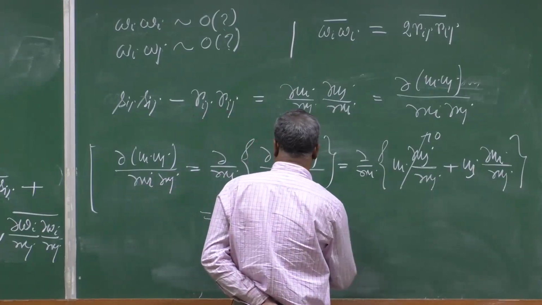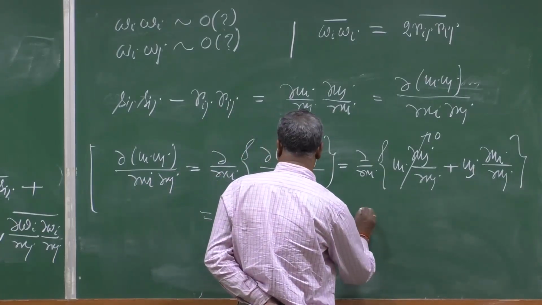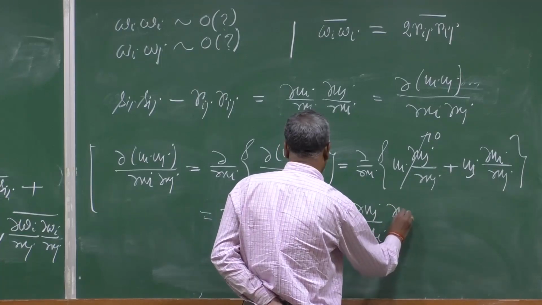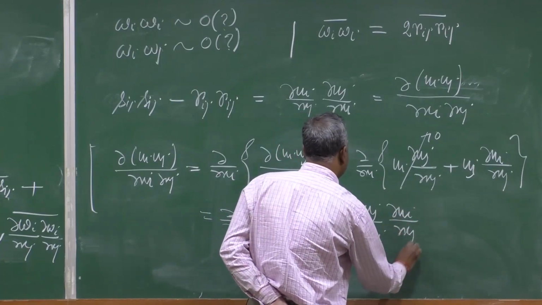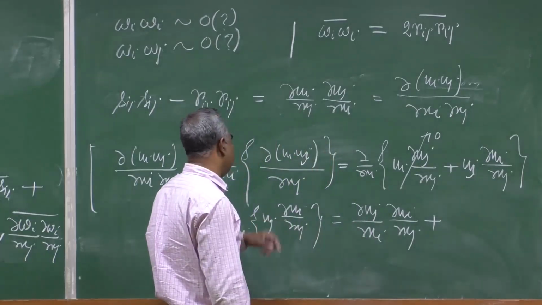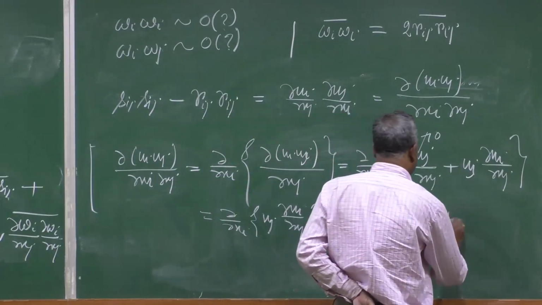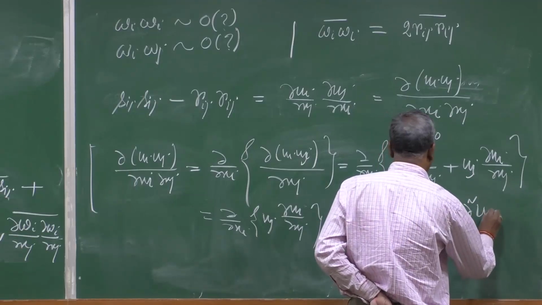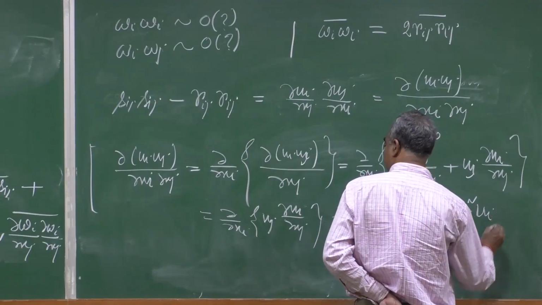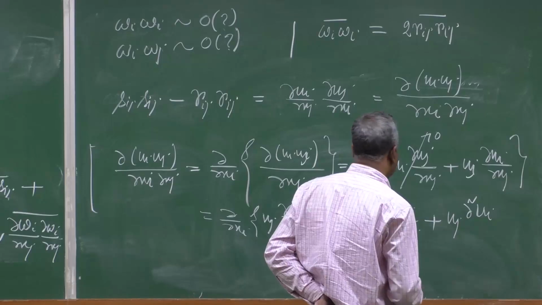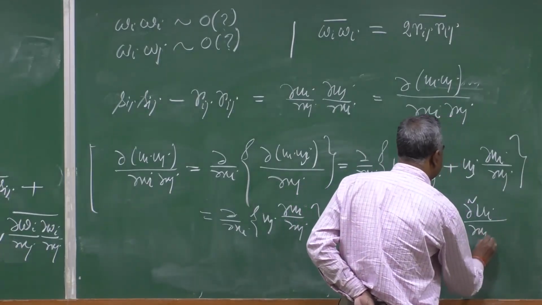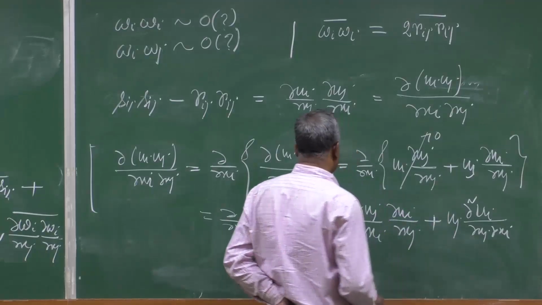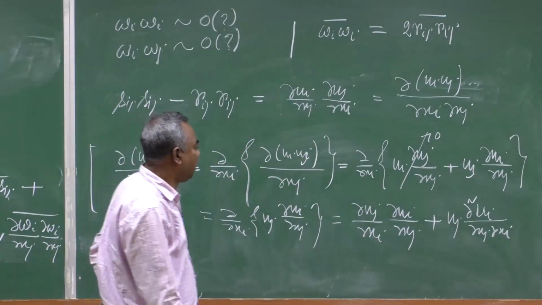So, if we write this, we can write it as ∂u_j/∂x_i ∂u_i/∂x_j plus another term, that is u_j ∂²u_i/∂x_j∂x_i. Okay. Now what you can do,